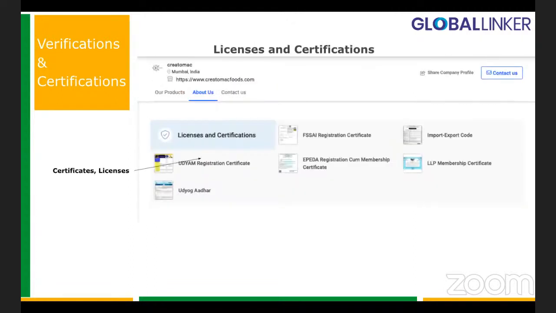Another thing, while the platform has its own checks which it can introduce, you have an opportunity of adding your licenses and certifications which you have earned over the course of time, and you can add them over here. So please add all the licenses that you have, because say for example, you have a buyer who is looking for a particular certification, say an FSSAI registration certificate. He need not reach out to you for that. If it's already visible on your profile, the check mark is already made. So maybe, if he's comparing your profile against another profile and that one doesn't have it, you automatically have the upper edge, because you have already given the information.